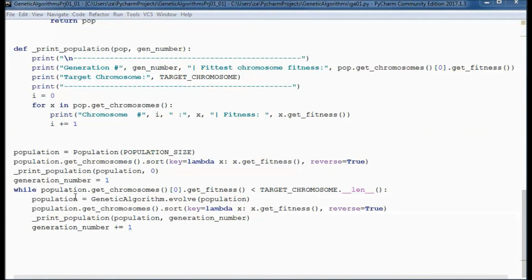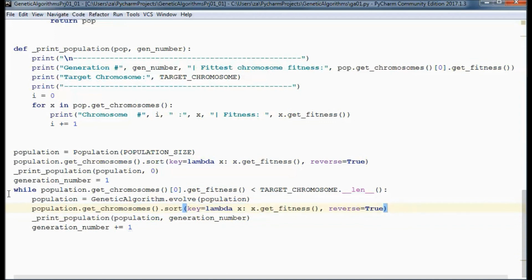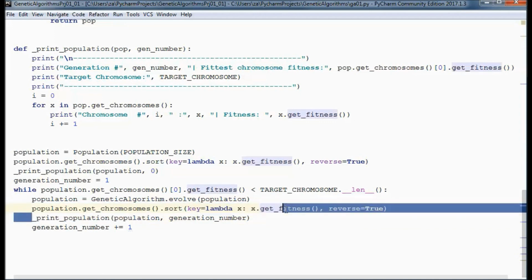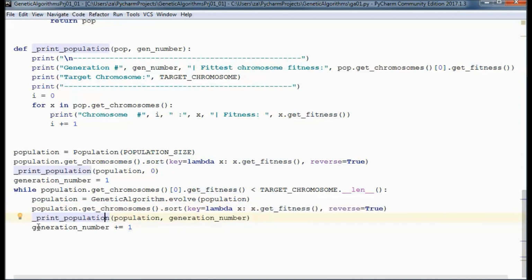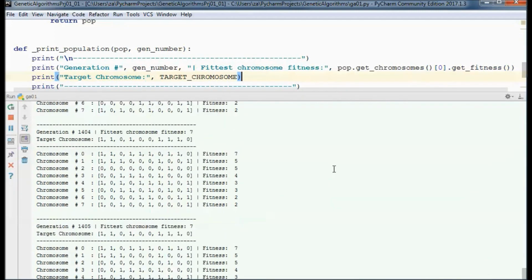So we evolve the population and then sort that evolved population and print it, and then go to the next generation. So now let's go ahead and test run it, and it will go forever.